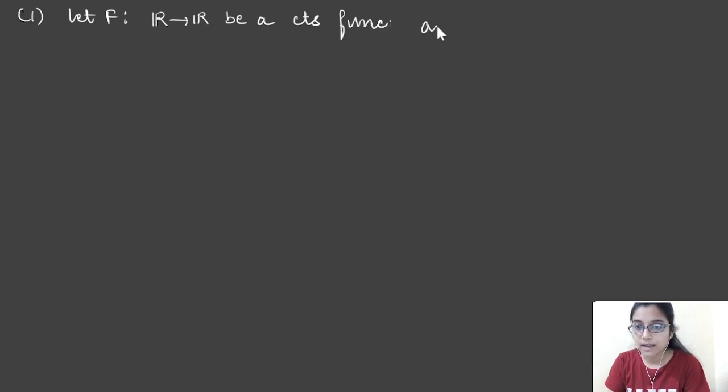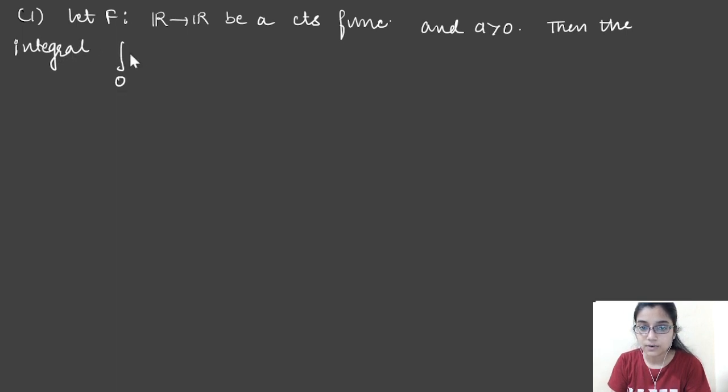So the question number one that we will be doing is, here is our question number one. They say that let f be a function from R to R, which is a continuous function. I am writing this continuous as CTS, so don't get confused. Be a continuous function and a is greater than 0. Then they have asked that the integral from 0 to a of the integral from 0 to x of f of y, dy dx is,